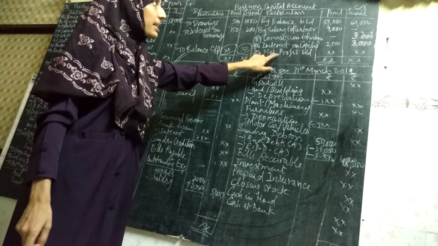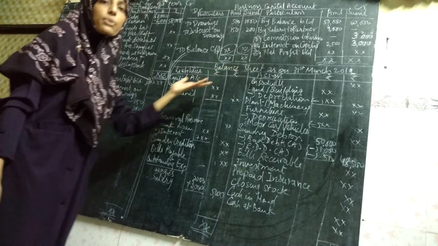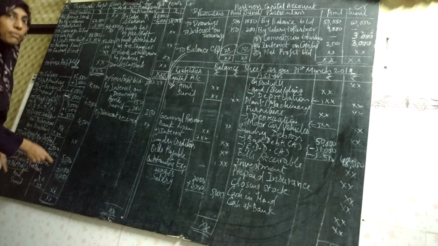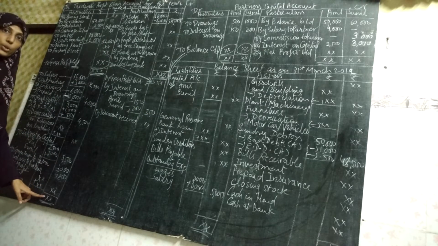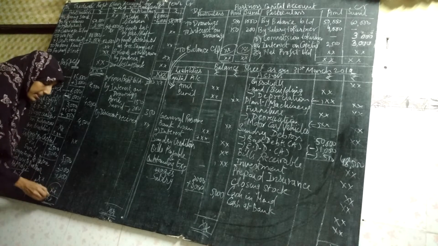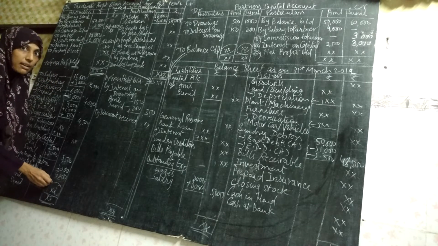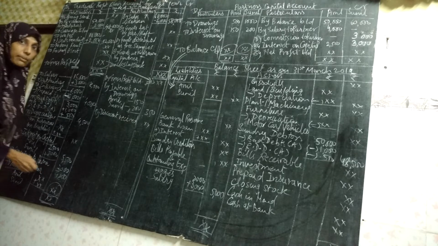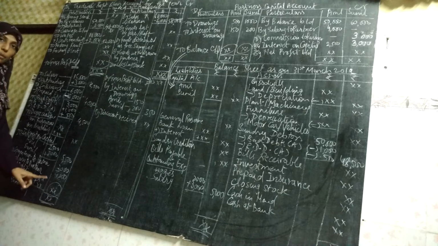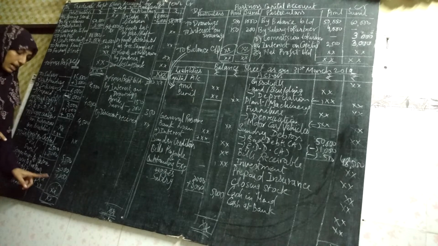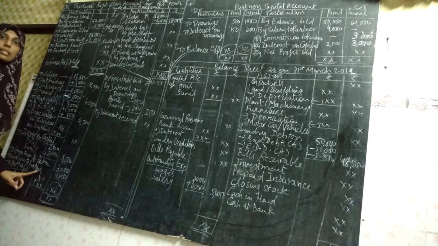The last one is net profit. Where are you getting it from? You got it from the P&L account debit side. In the last video I told you, the balance that you get on the debit side of the P&L account is called net profit. That net profit is divided between two partners, Anil and Sunil. Since it is a partnership final account, you have to divide the net profit between the two partners.